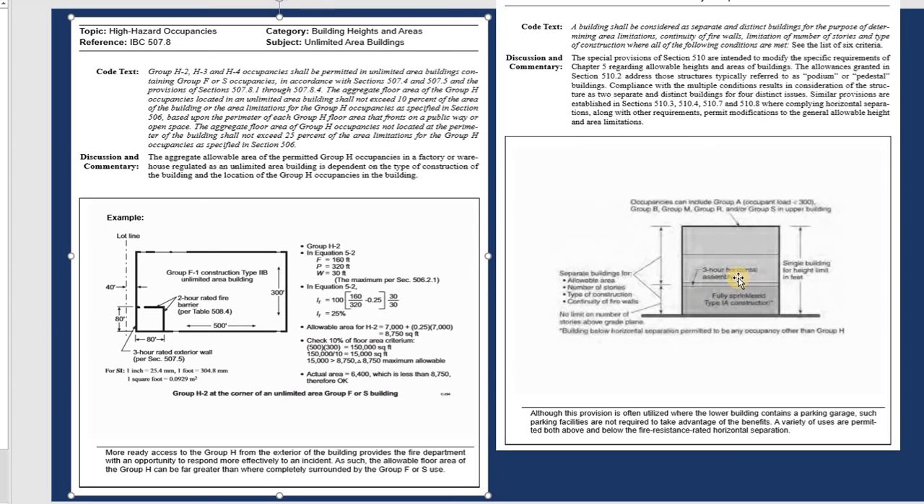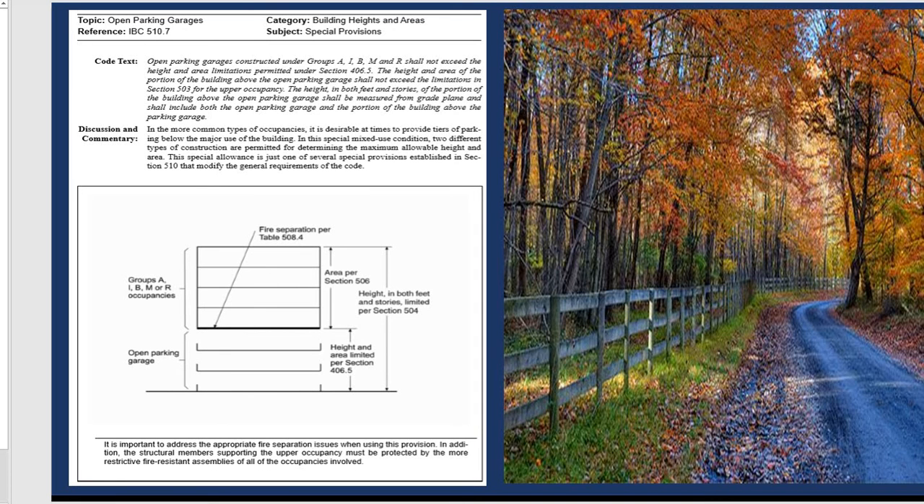On the ceiling they need a 3 hour horizontal assembly, and after that on the top one they can use roof B, M, R and S upper building on the top, but they need a full system, just the first floor only. Okay, and finally in this chapter,